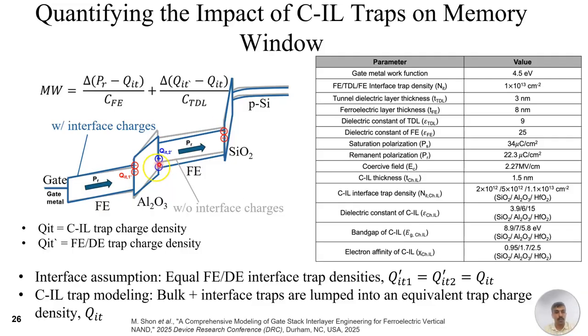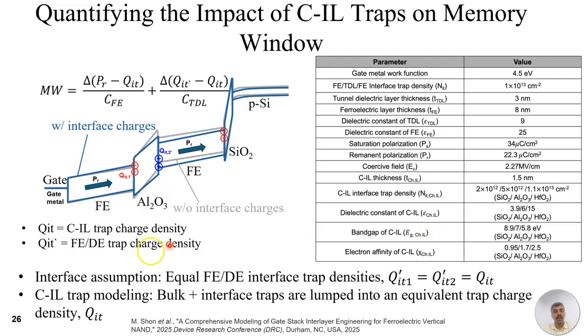This QIT prime, which is the ferroelectric dielectric trap charge density, is responsible for memory window enhancement, and detailed work to understand how they enhance the memory window has been done in our previous work, which is shown here. In this work, we will primarily try to understand how the channel interlayer trap affects the memory window performance. So these are the different parameters that we used for modeling the memory window performance, and there are certain assumptions